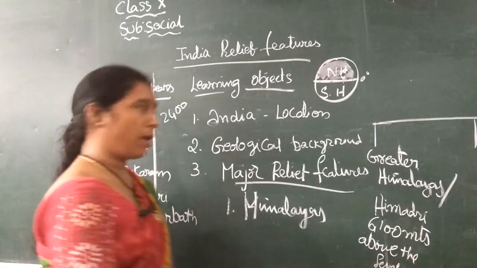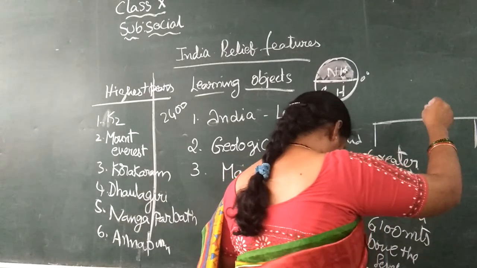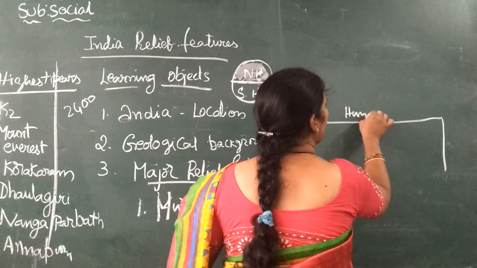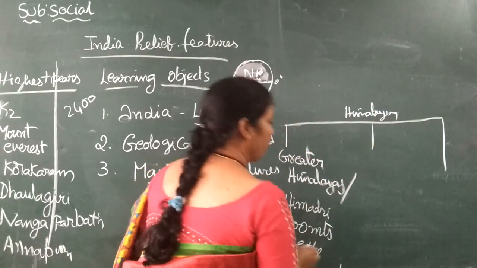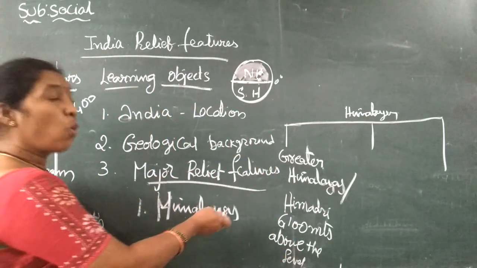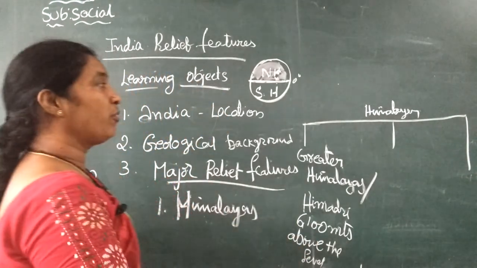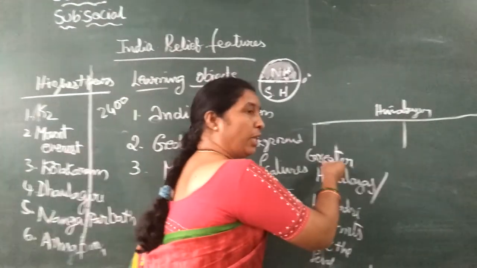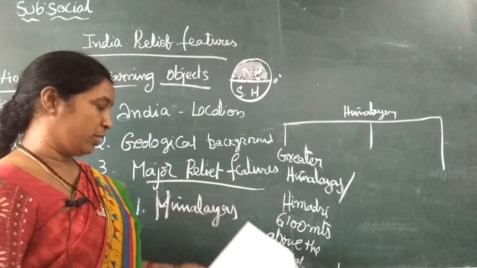These Greater Himalayas are covered by glaciers, and these glaciers melt into water, and that water is the source of perennial rivers. These are the sources of perennial rivers for whom? For all the northern states. There are many Himalayan perennial rivers, and their tributaries are also there.